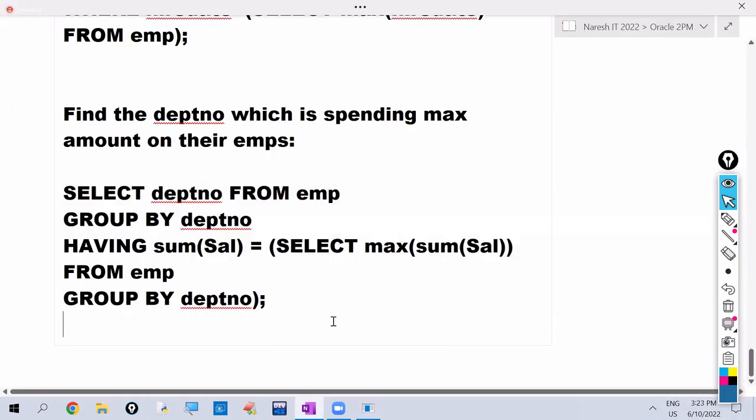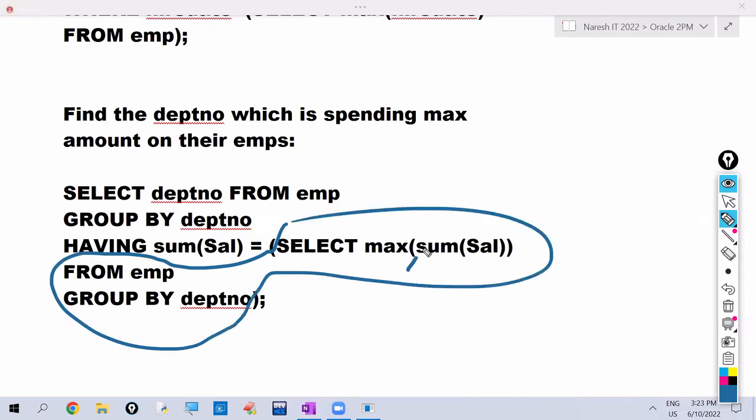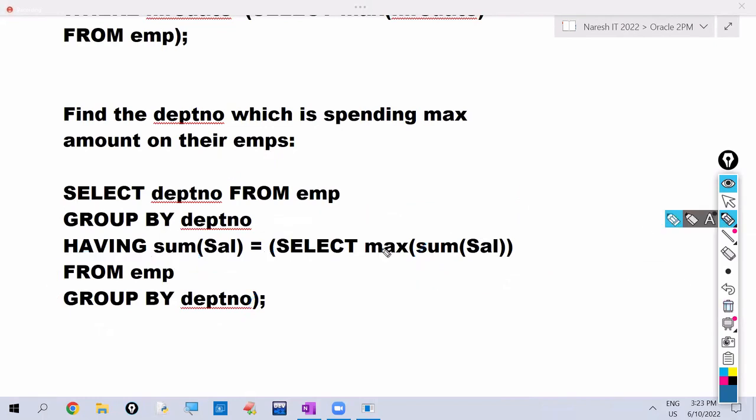So what is happening here? Among all the sums of salaries, it is finding the maximum value. So the department whose sum of salary equals this one, that department number it is selecting. Is it clear? If this max is not there, it gives sum of salaries of all departments. Because of max, it is giving the maximum sum of salary, and the department number which is spending that much amount, that department number it is